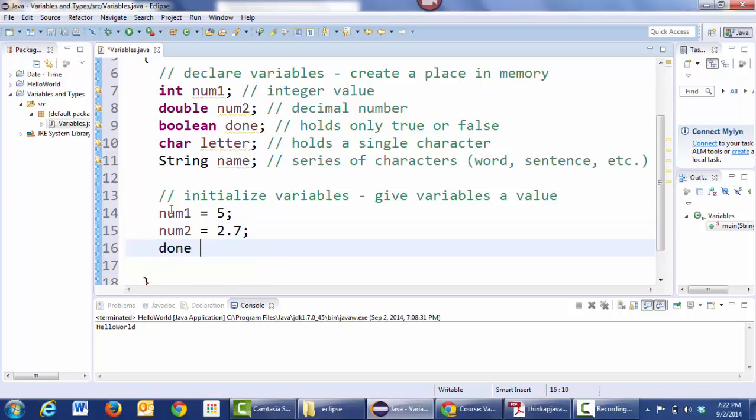Done, remember, was Boolean, so it can only hold true or false. So we'll assign it true, just to give it some value. A char, remember, is a character. Letter, it's a character. So what I'm going to put into it now, here's the thing, the first time you got to be very careful with these types, because, for example, if I just say, okay, I want to store the letter A in it,